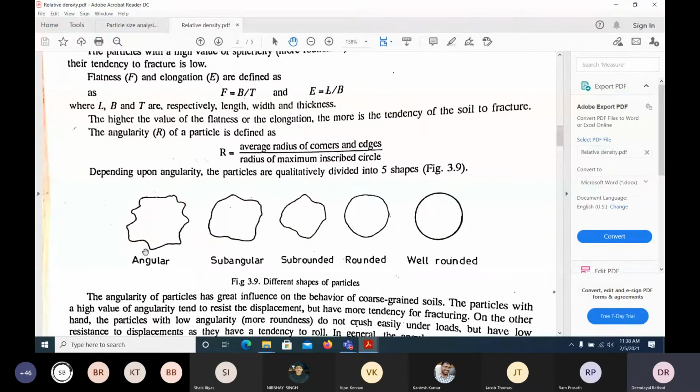Understand? Soil will always have strength in shear only. If you have rounded particles, they will try to slip, and there would be settlement in the soil. There won't be much friction, and it will try to slip, and there would be more settlement. We should not have more settlement for a building. If you have more settlement, the building will settle down and there would be cracks in the building. It should not settle, not even 1 centimeter. 1 centimeter causes so much damage to the building.